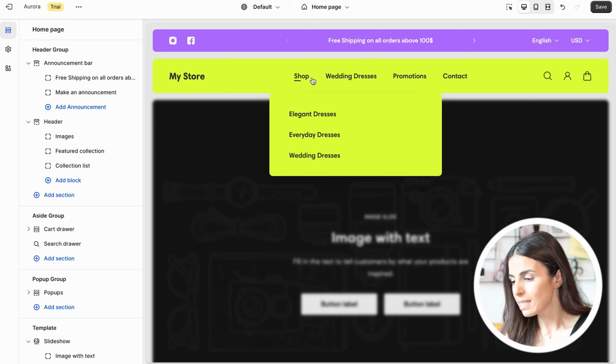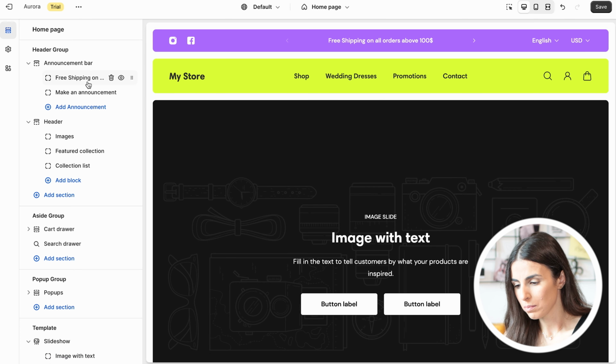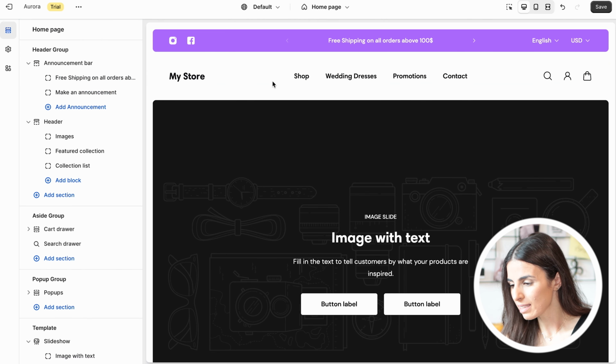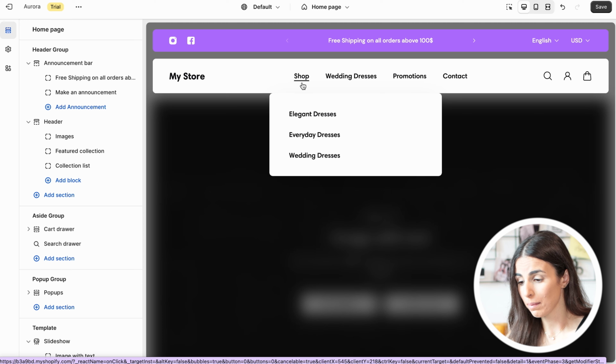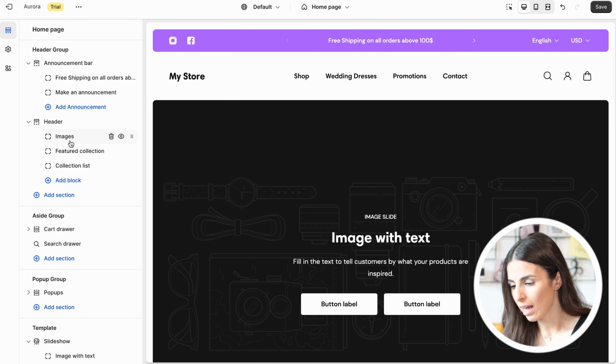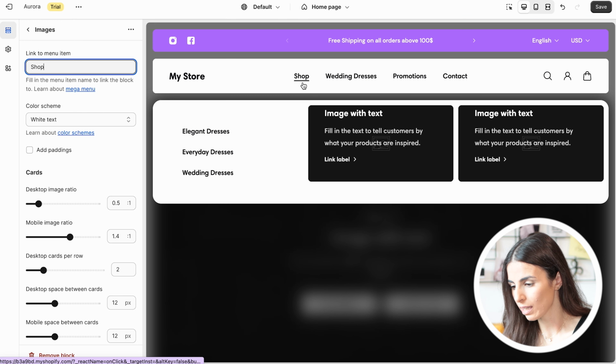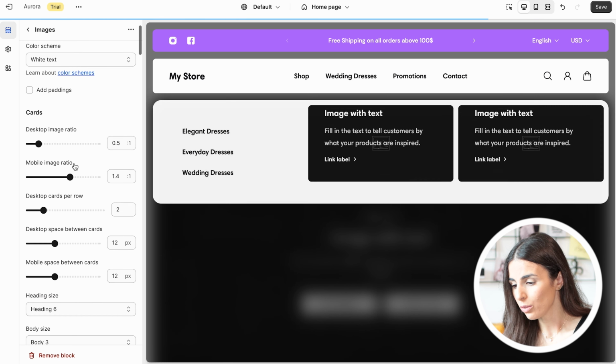Okay, so let's say, for example, under shop, let me change the color to white because it's too much. So let's say, for example, under shop, I want to have a mega menu. I go in here and I will take this first type of mega menus, which is the images. In here I type the mega menu item name, so it's shop. So now, as you can see, I have the images in here. You can change the